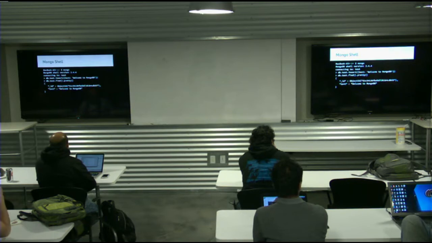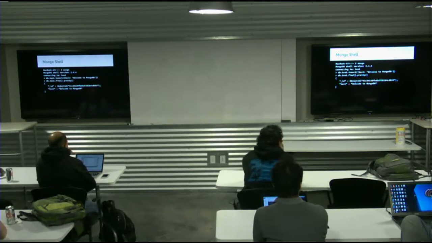We just have to put something there because there's a default unique index on the underscore ID field. Think of it like a primary key, and that exists no matter what. So if I had put db.test.insert with underscore ID equals foo, that'd be fine. As long as the value's unique, we don't care. And again, it can be anything. It can even be a compound JSON object with multiple keys and values embedded. So it is a little wild west in terms of what you can write to the system.